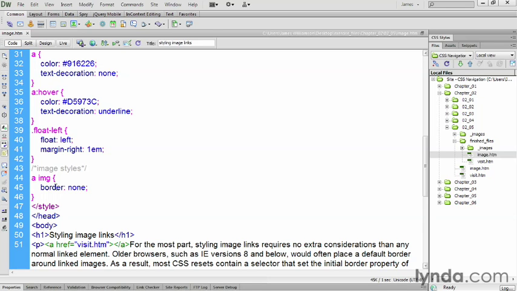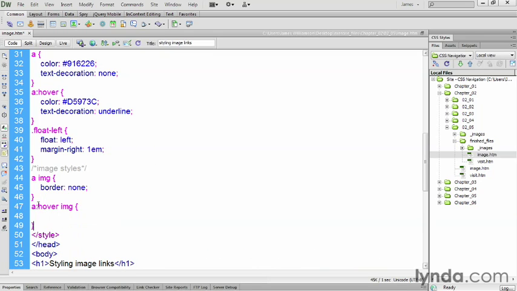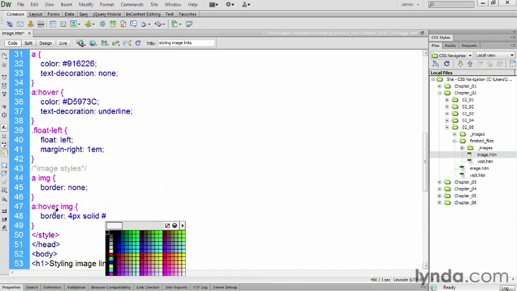But what if I really did want some way to indicate to the user that this is clickable and something maybe a little bit more robust than just the cursor changing on me? In order to do that, I can take advantage of all the selectors that we've been using in previous exercises. So if I go down right below that and create the selector that's a hover, so anytime an anchor is hovered over, and then I'm going to do img, which is going to say any image that's inside of an anchor which is being hovered. So inside that, I'm going to go ahead and set another border, but this time I'm going to be a little bit more specific about the border itself. I'm going to do 4 pixels, solid, and then I'm going to set the color to be